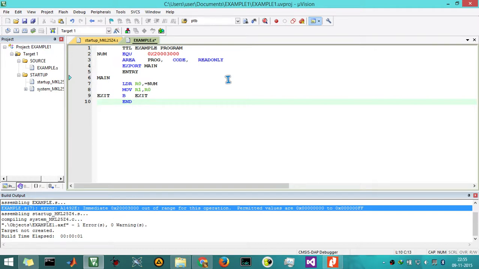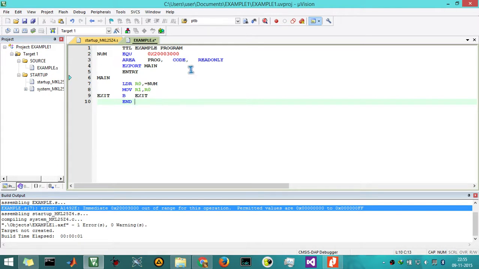As we all know, this area is called the code memory and it is of read-only capacity, and this entire code resides in this code memory, which is called read-only memory. Now if we want to take data from this read-only memory, we can take data, but there is no provision to write data to the code memory when the program is getting executed.